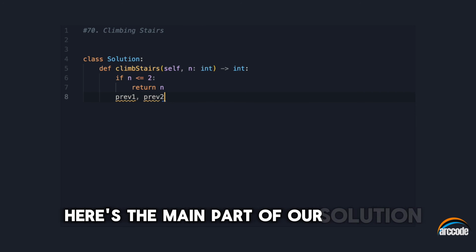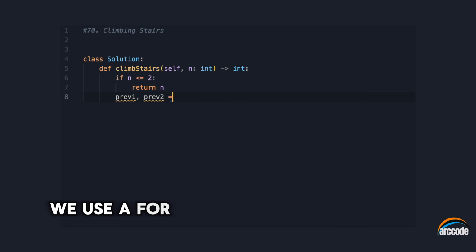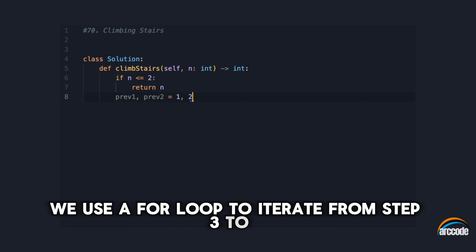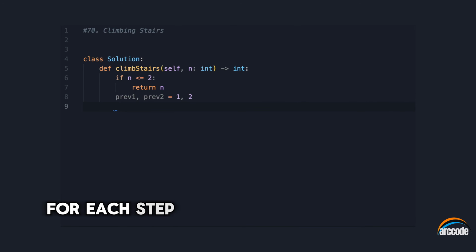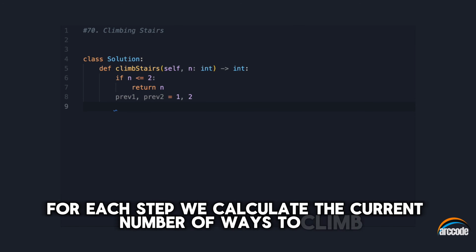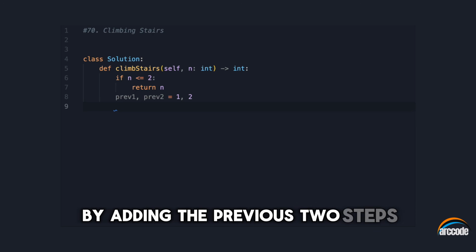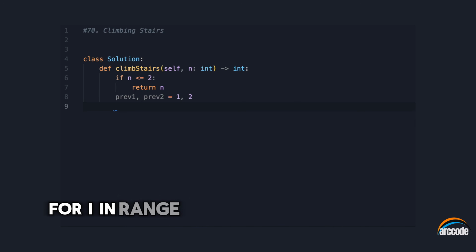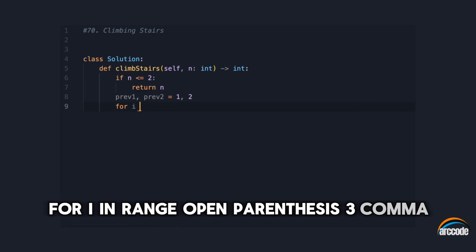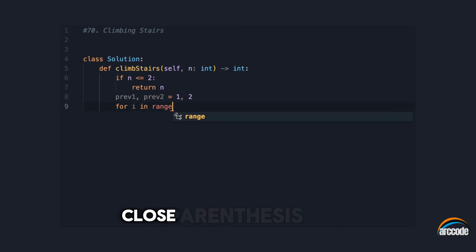Here's the main part of our solution. We use a for loop to iterate from step 3 to n. For each step, we calculate the current number of ways to climb by adding the previous 2 steps. for i in range(3, n + 1):